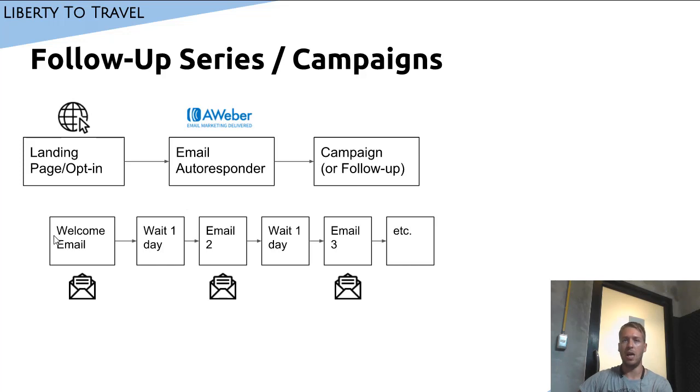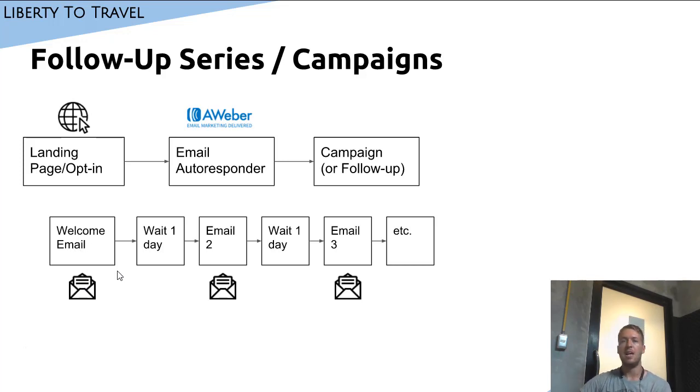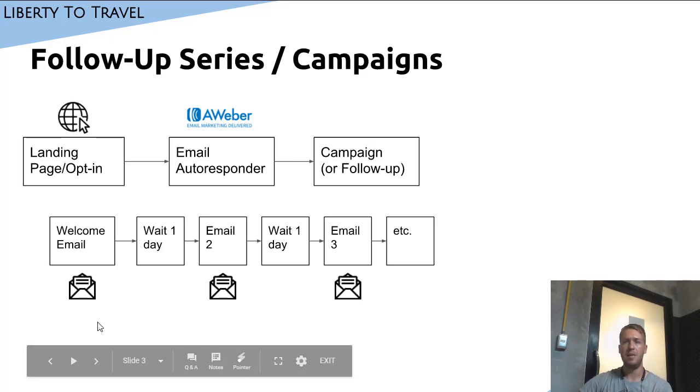Now, this is what a campaign or follow-up series generally looks like in its most basic form. First, as soon as they subscribe, they get a welcome email with some type of introduction. Maybe they subscribe for some particular reason, like a free PDF. In that case, you would link the free PDF to the free PDF download page in this first email. And then the autoresponder waits one day and then automatically sends the next email the next day. So that's email number 2. Then it waits another day, sends another email, etc.